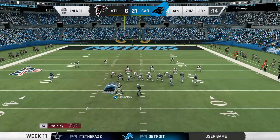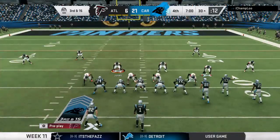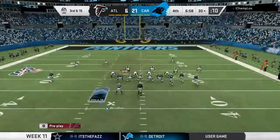Gun. He don't want it. He's coming. We got to double up. Come